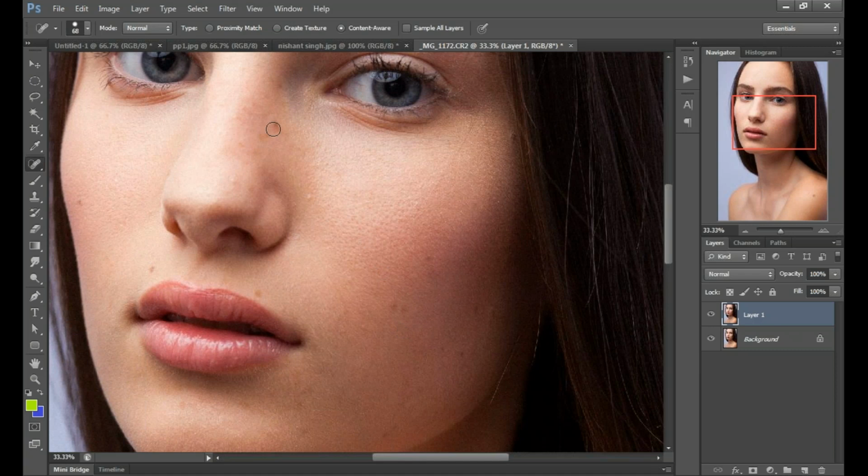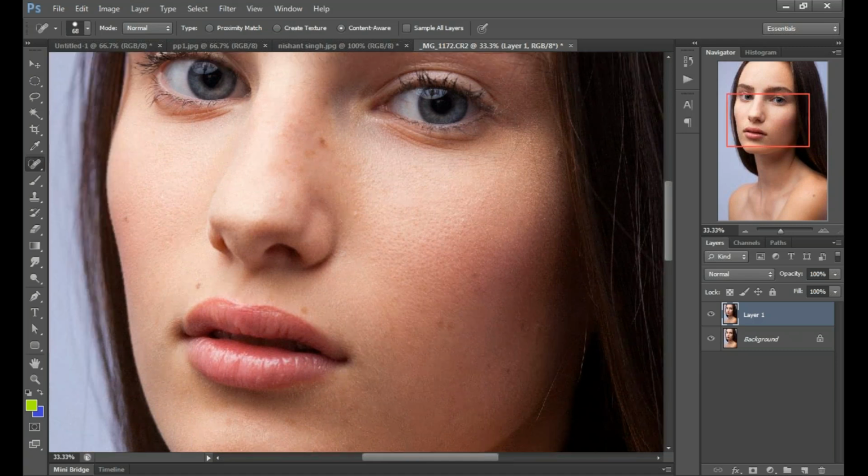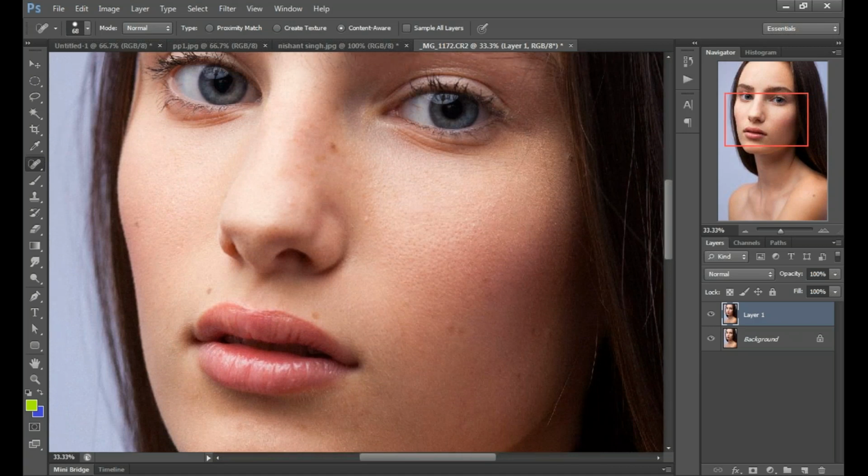We have a spot over here. Just click here. Also, you can move your brush like that, from here to here. Just click on every spot of your image.